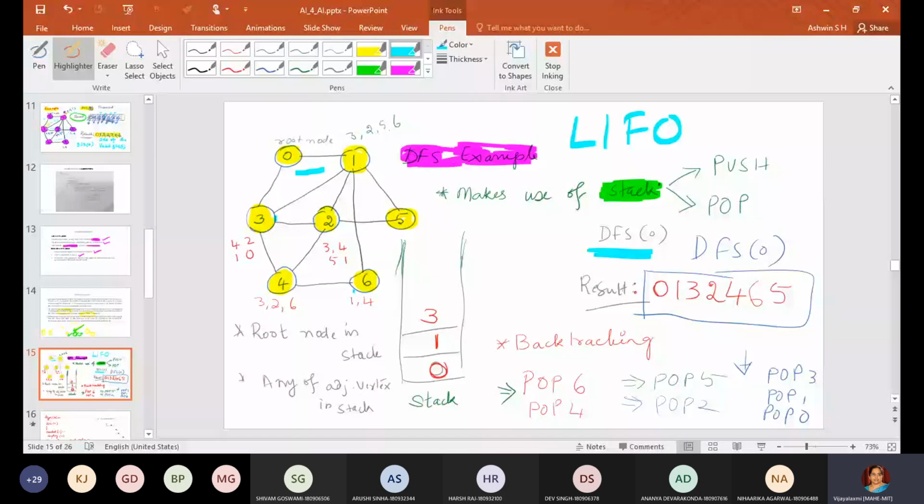The solution is complete, but with directed graphs it is different. Undirected means, say you have cities Manipal and Udupi: we can go from Manipal to Udupi and come back from Udupi to Manipal, so it is two-way. Whereas if there is only a unidirectional path, from here to some place we can go, but you can't come back. Under such cases, DFS will not give you a complete solution and you may get stuck in an infinite loop. That is the main drawback of DFS.